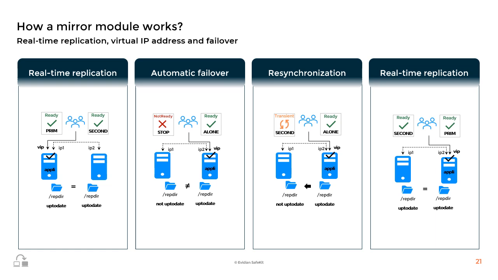At step 3, the mirror module is restarted on node 1, and node 1 resynchronizes its local folders from node 2. During this resynchronization, the state is second and the color is orange on node 1. The application continues its execution on node 2 in the alone state. At step 4, the data has been resynchronized and we are in the second prim state, ready for a failover.